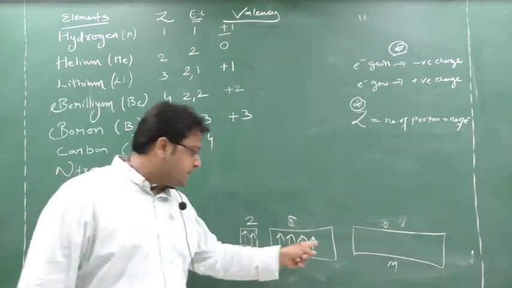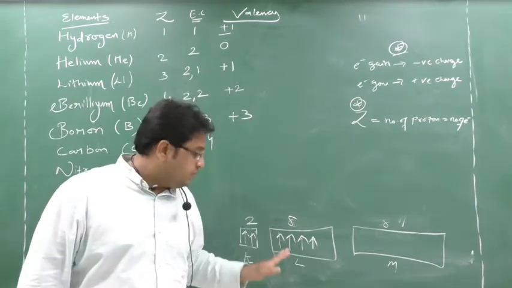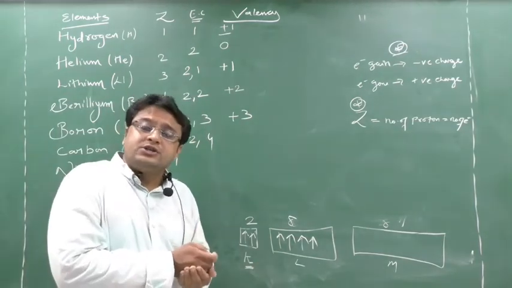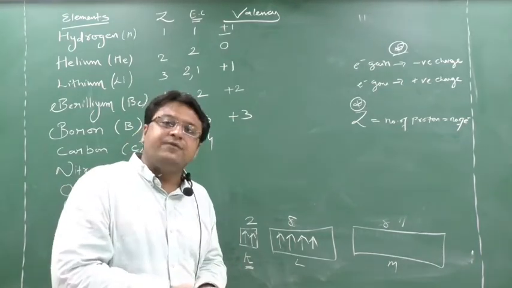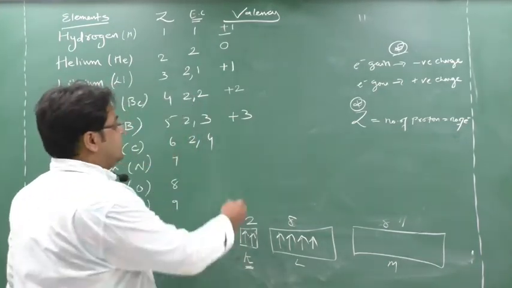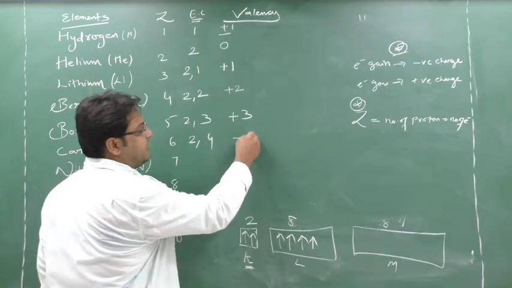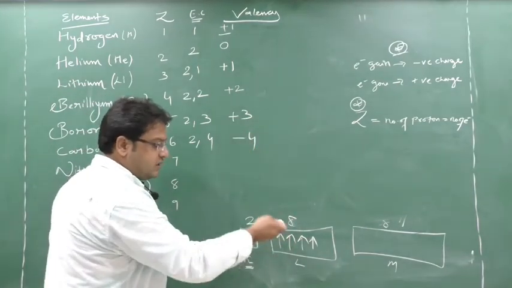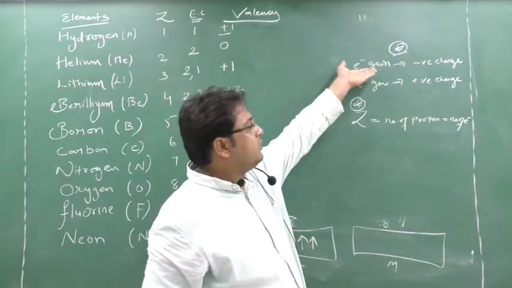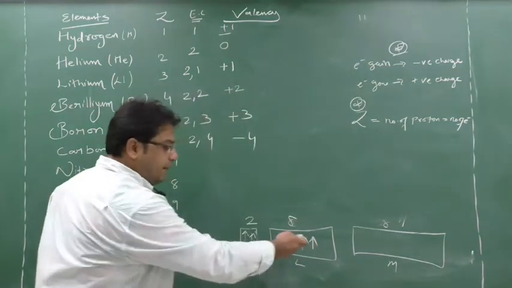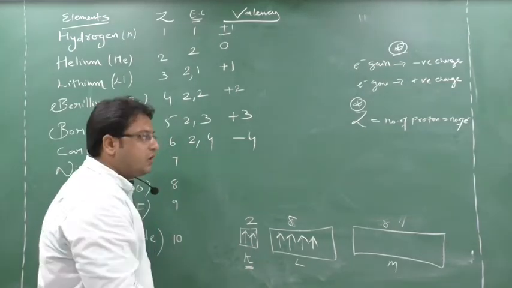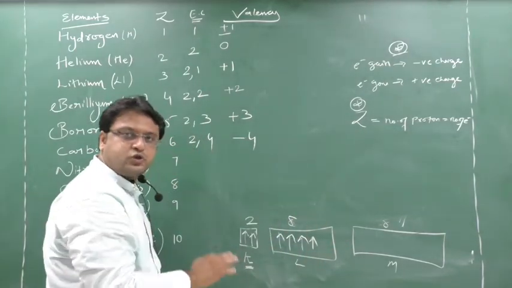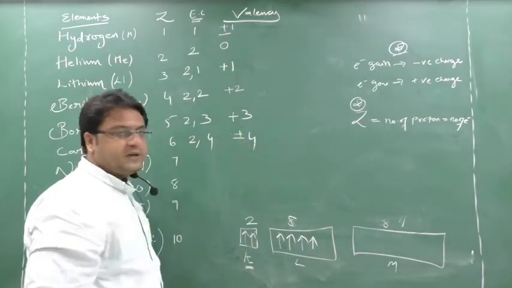Now see, these 4 will think, if we search 4 more, we can stay in this room. So they will start to search. If they are capable of getting them, if the 4 are getting, they will create minus 4 charge. If 4 more they will search, so electron will be gained, no? So minus 4. And if they are not able to search 4 more, what will they do? They will lose all the 4 electrons. Means all the 4 electrons will go. So valency will be plus minus 4.